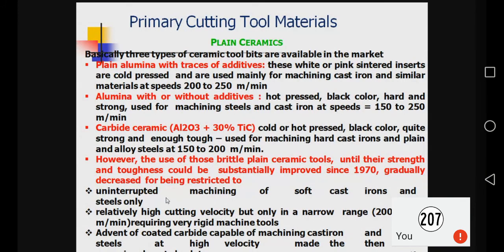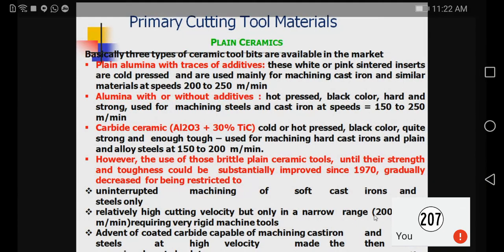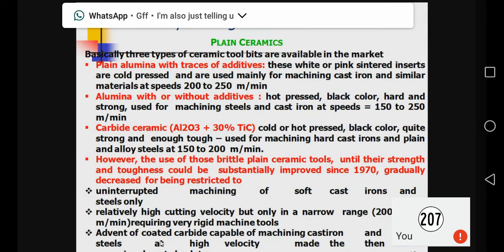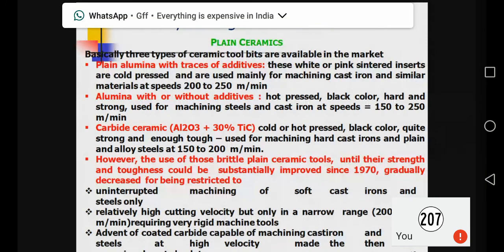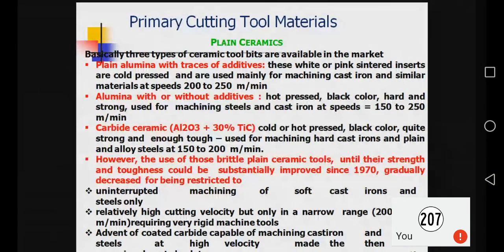One is the uninterrupted machining of the soft cast iron and the steel only, at relatively high cutting speed, but only in a narrow range, that is between only 200 to 300 meter per minute. Second is the advent of the coated carbide capable of machining, but they were only used for machining the cast iron and steel at high speed. So these are the only two reasons. एक तो ये soft cast iron और steel के लिए